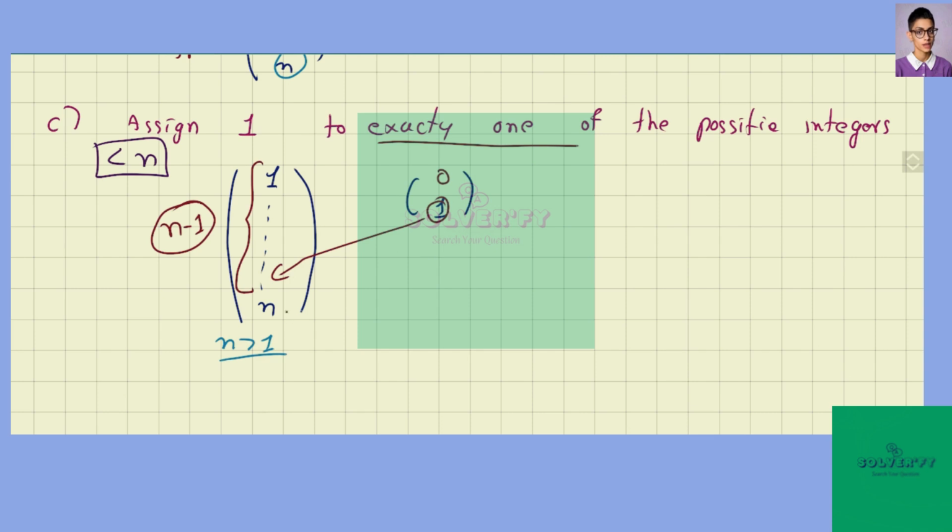But we have this free variable here. For the element n, we have two possibilities, either 1 or 0. So we have two possibilities to assign the element n in the domain of the function, and then we have n minus 1 ways to assign the element 1 to the rest of the positive integers that are less than n. So we have 2 times